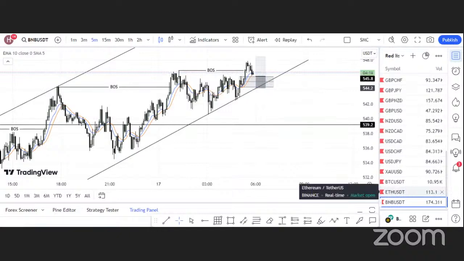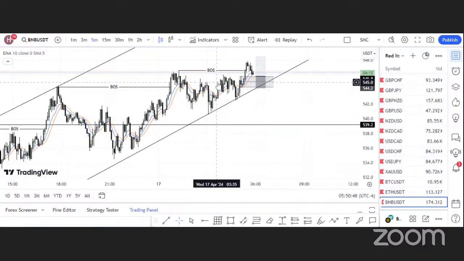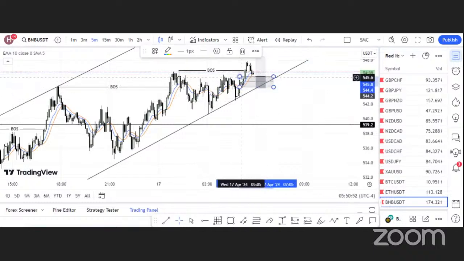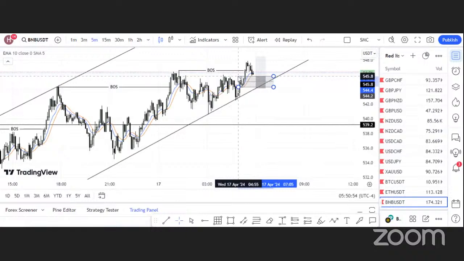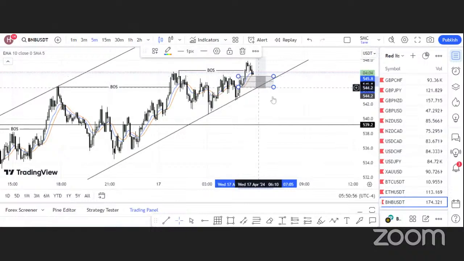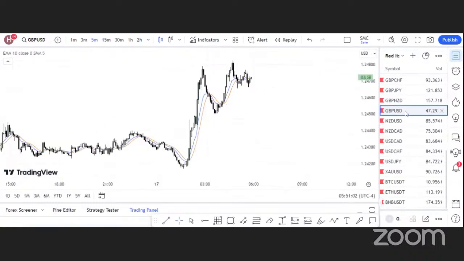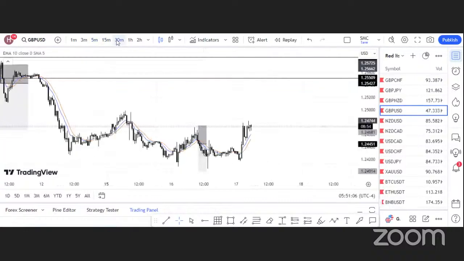But instead of waiting for this particular one, I think we should make analysis on other instruments. Then we can come back here later to see if our entry point has been triggered. Okay. Now let's analyze the forex market. Okay, and we're going to be starting with